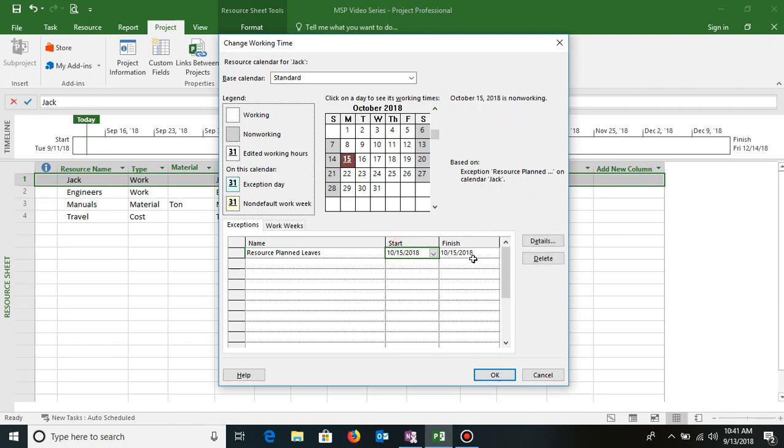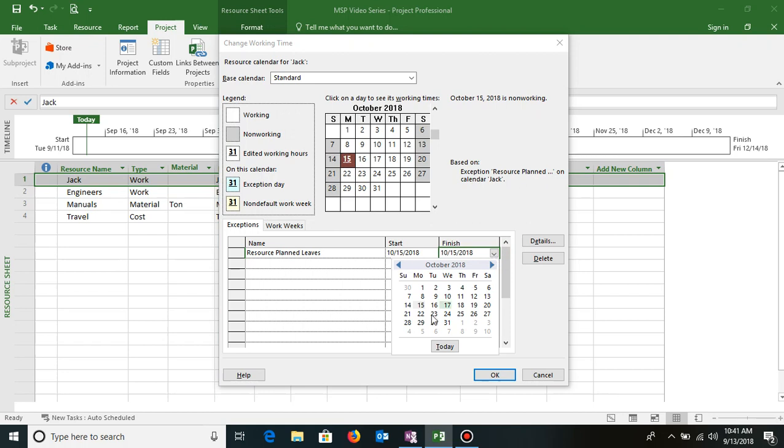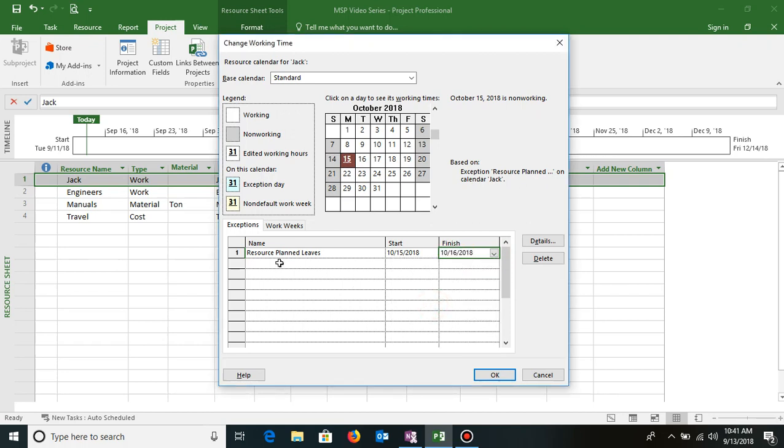So I selected 15th, and if it is a 2 days leave, then I'll just end it, I'll go and select 16th. So this is how I made 15th and 16th a holiday only for Jack. Similarly, if I feel that he is, let's say, working on Saturdays, however he might be on leave on Sundays, maybe that might be a case in your project where a resource works on Saturday but he might be on